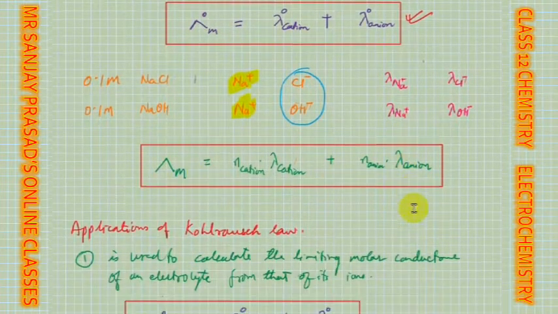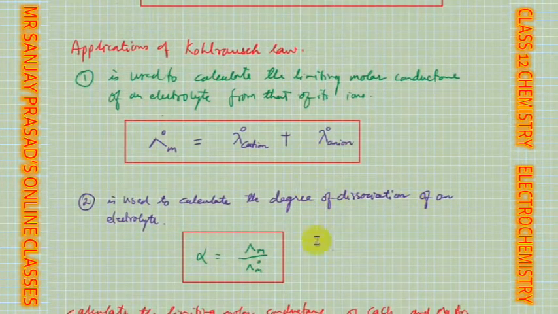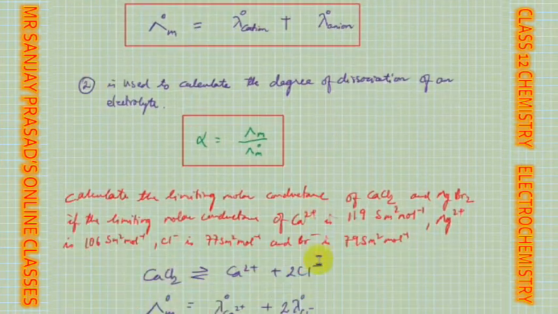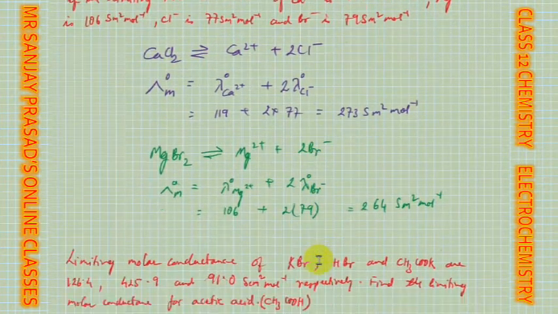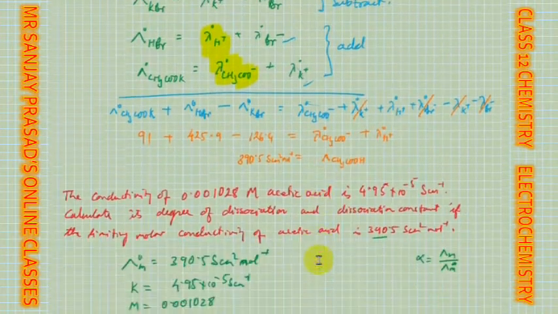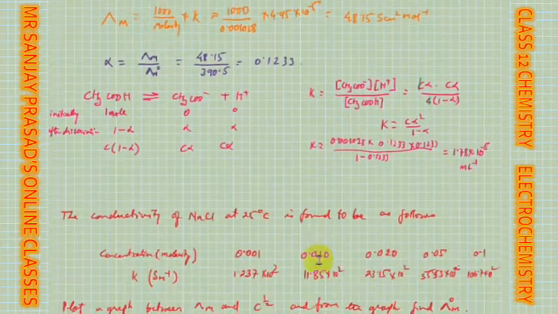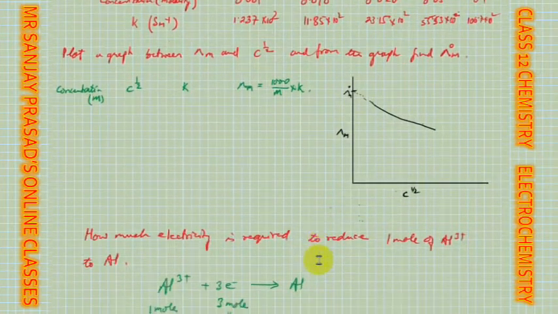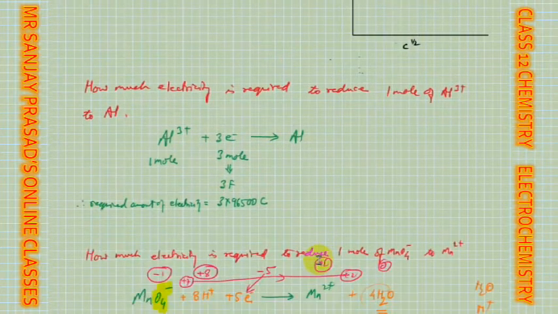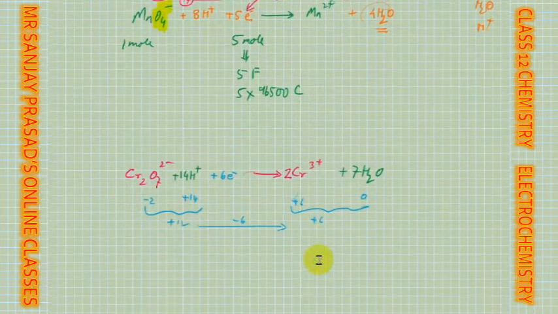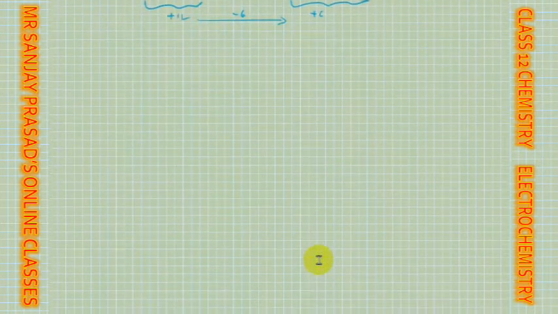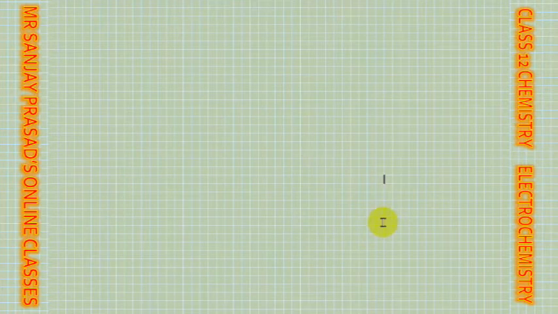Then we saw some applications also. There are two main applications which you have already seen, and then we did some numericals on that. So we did numericals on this law and the previous things also. Once we completed this, then we did some numericals related to Faraday's law also. So till there you had done, isn't it? So electrolytic cells, that part we have completely finished. All about electrolytic cells we have done.